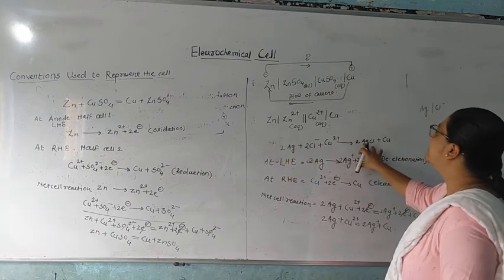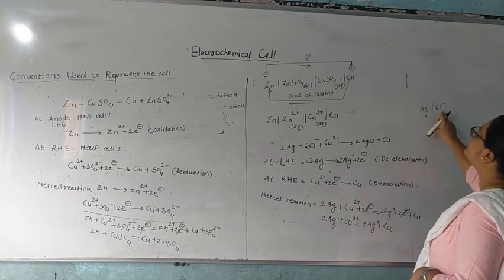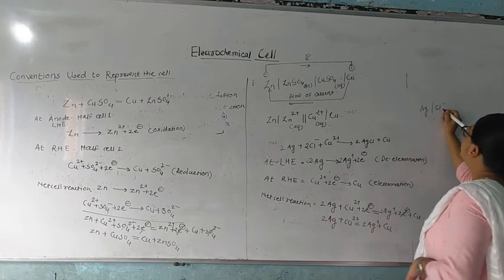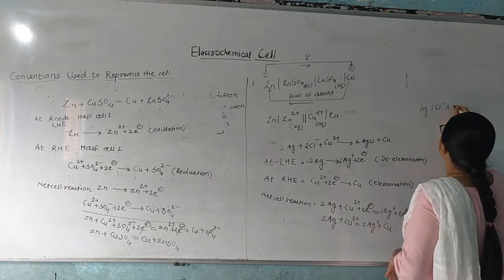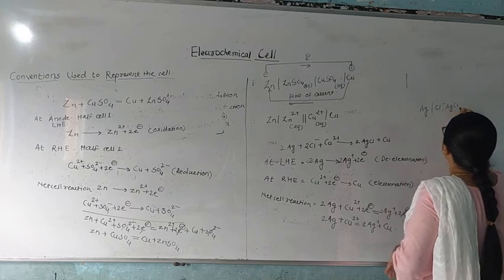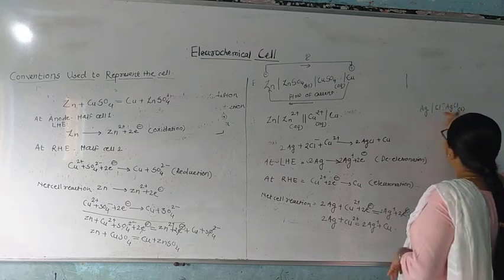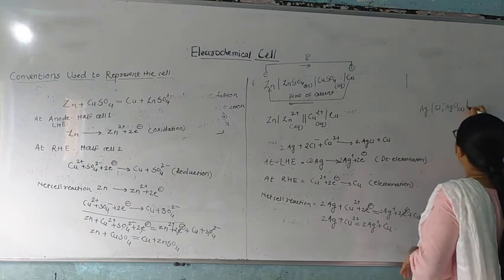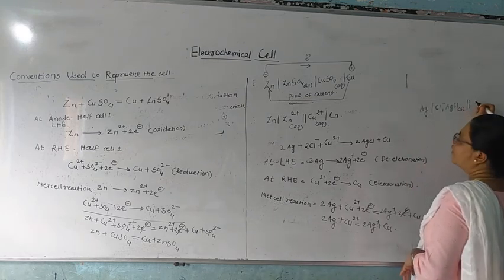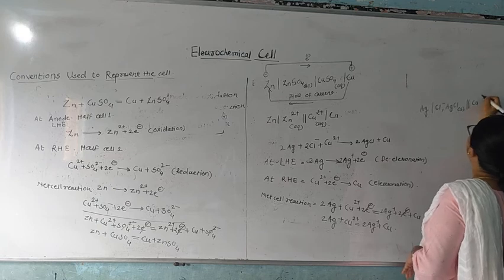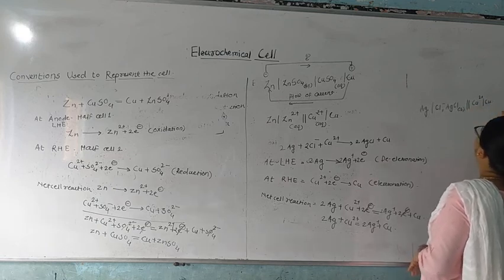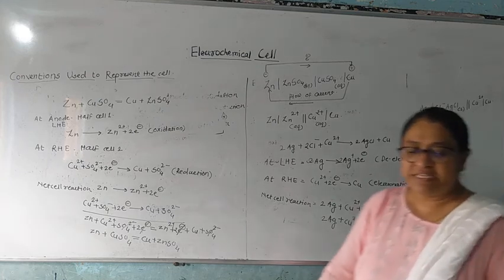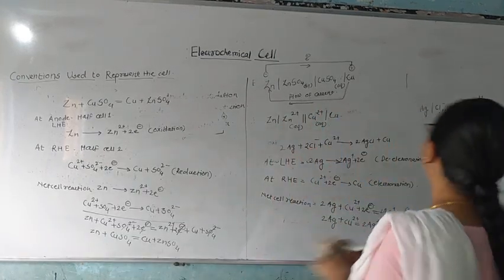Actually here silver chloride precipitate must be present. That means you can write this as this solid must be present and also Cl minus ions are there. If these two are in an indirect contact, therefore copper 2 plus with copper, or this rather may be written as